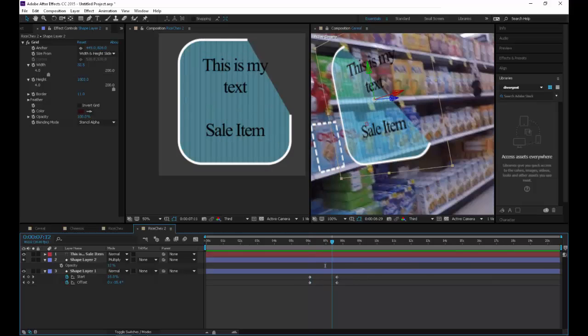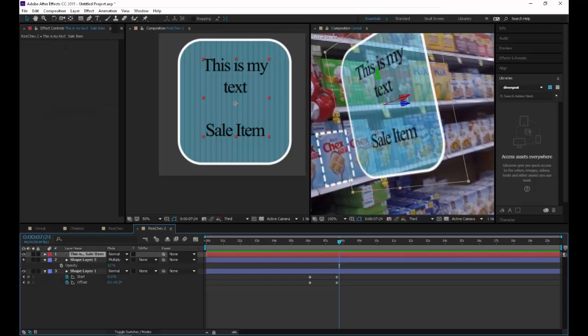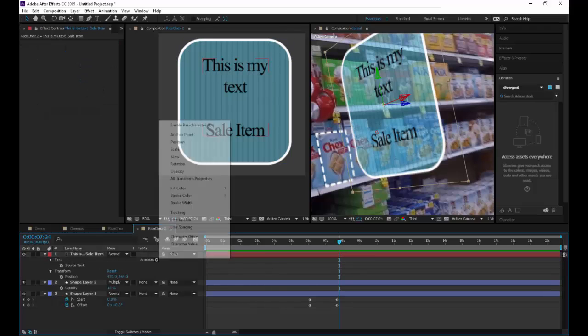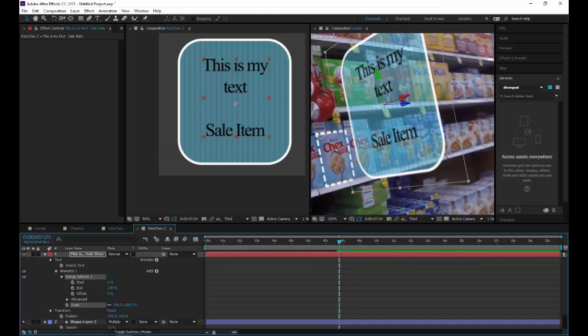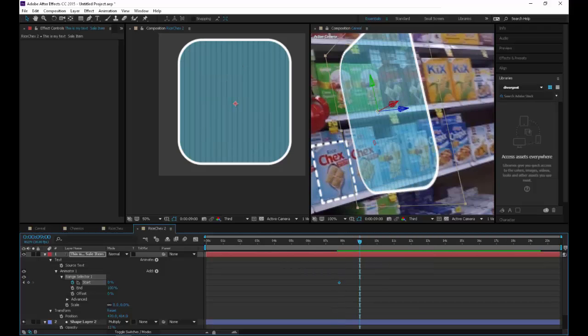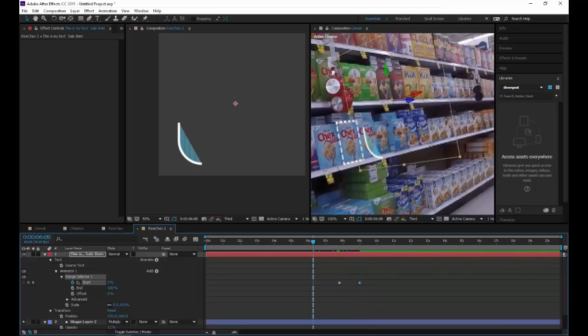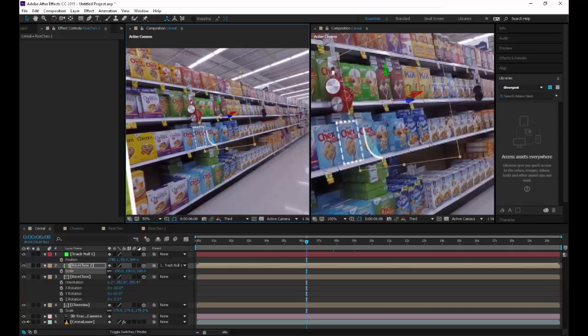And then of course my text has to come on too. So I would go to my text, go to my animators, and animate, let's say, the scale. I would just take the scale down to 0 and then use my start point to animate this coming on. So set a key for start, come up a little bit, pull it up to 100. Alright, so now if we jump back to serial,